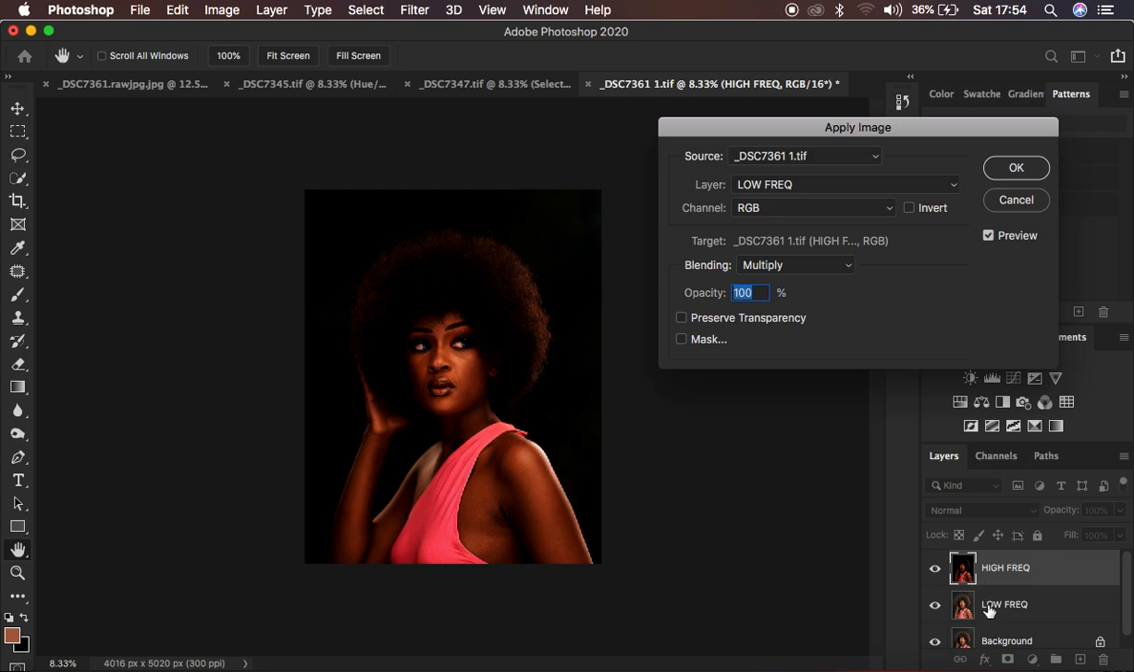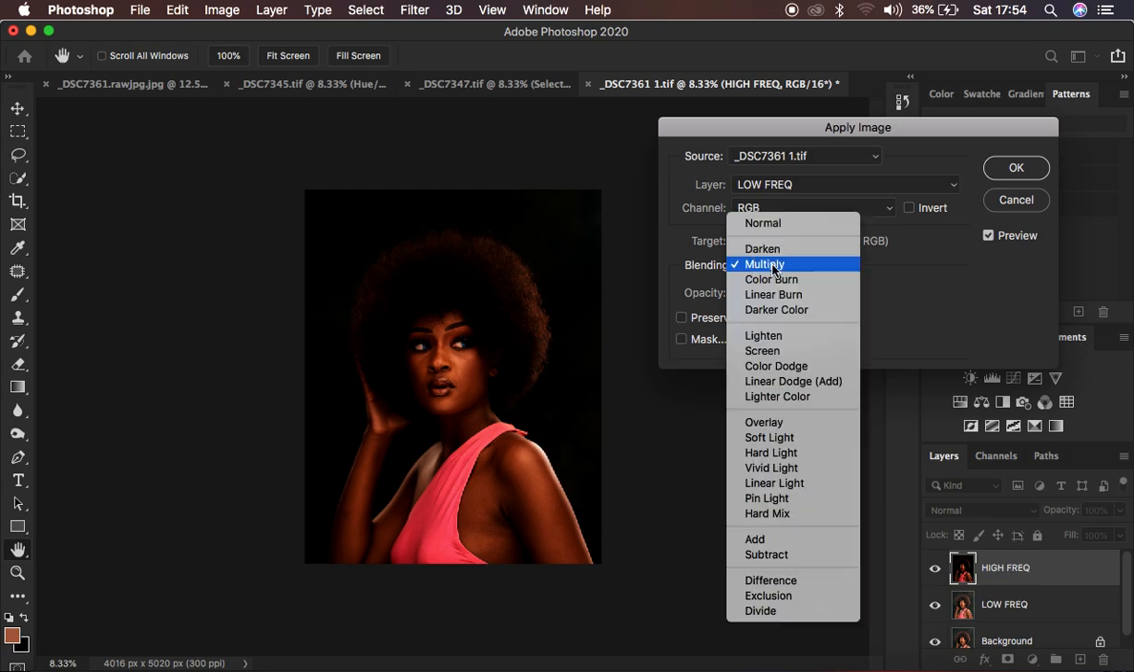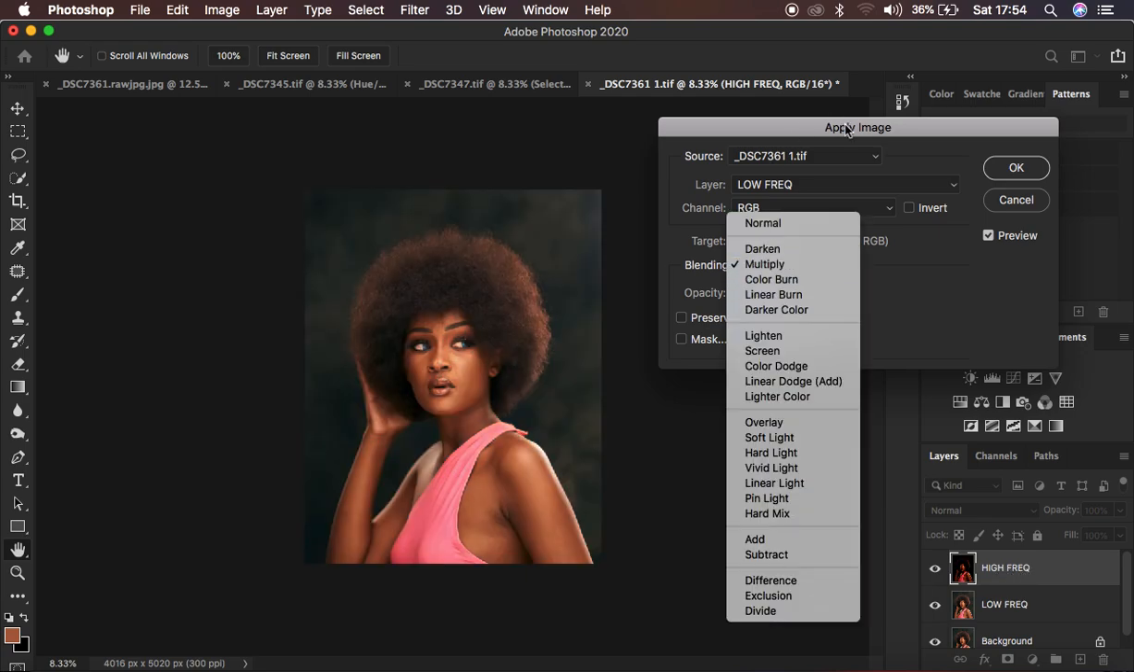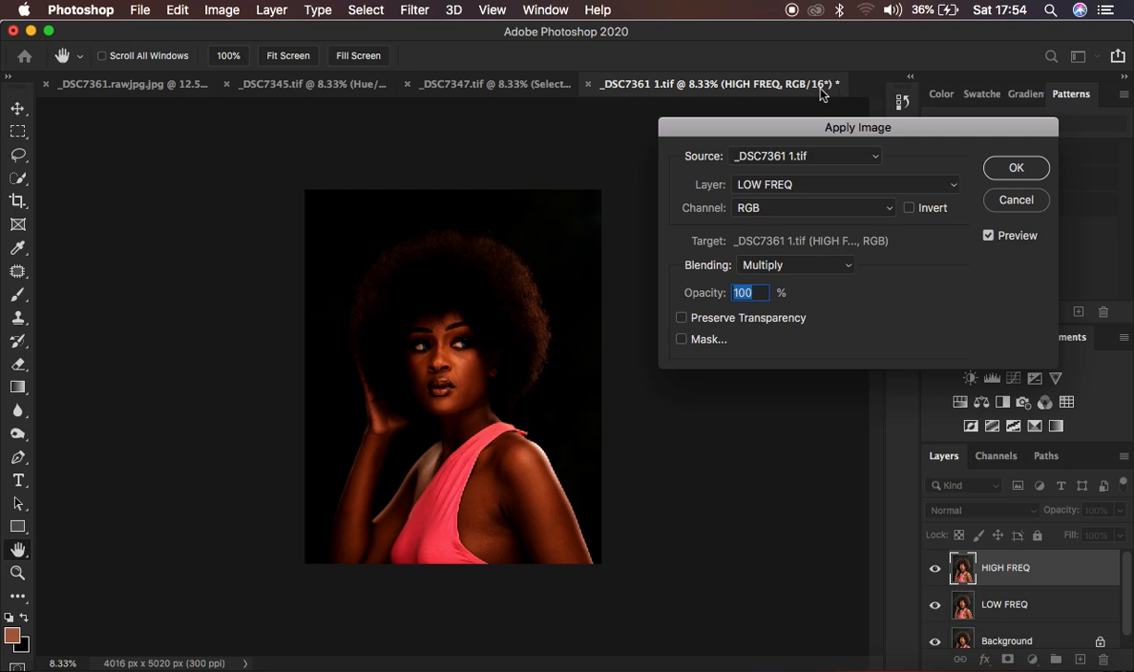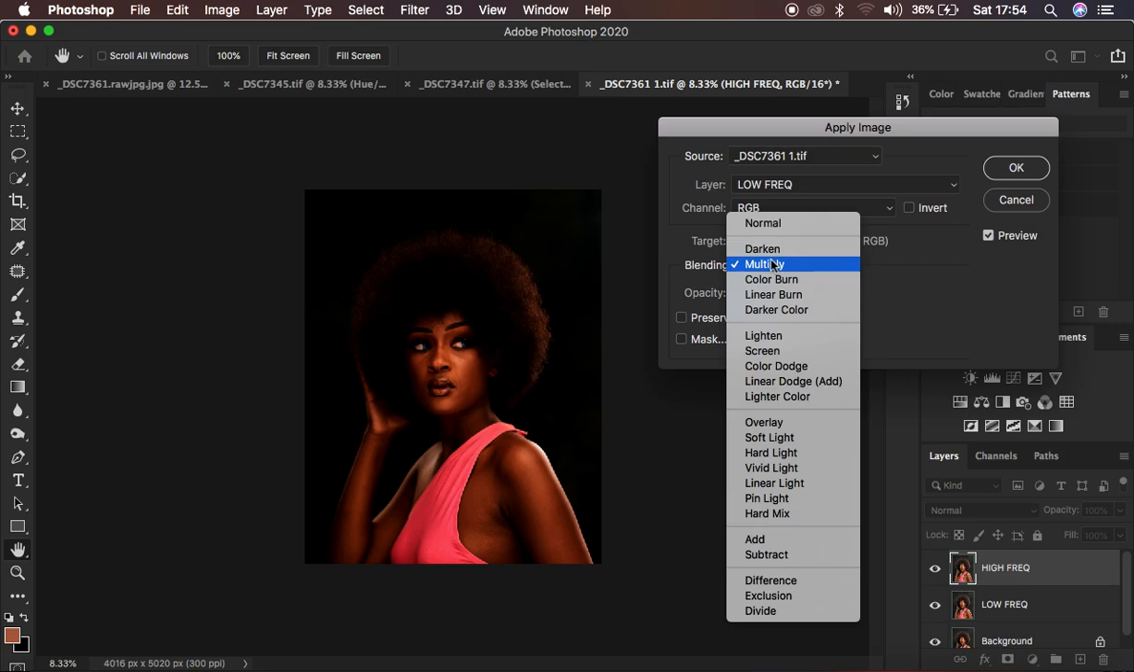We just want to extract the textures from this so that you can remain with it in the high frequency layer. The blending mode has to be, so you have to take this into consideration. If you have an 8-bit image, if you have 8 right here, the blend mode has to be